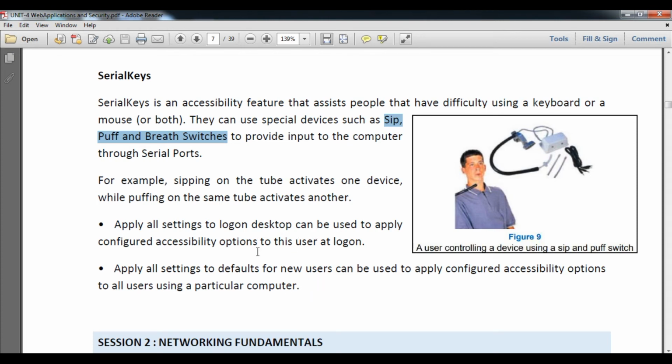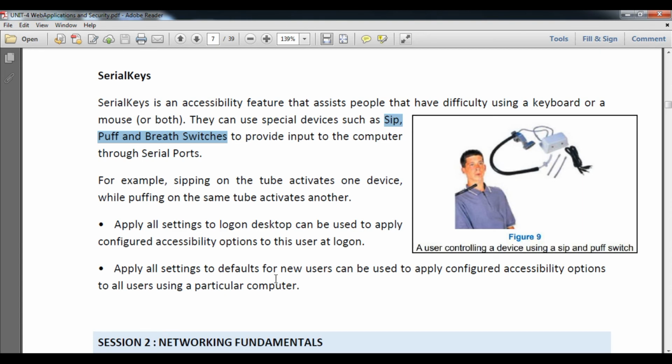So these two options say that the first applies all settings to one person working as that user. Suppose I am a guest user and I apply all settings, then the sip, puff and breath switches function will work together. And the administrator of the desktop or laptop or computer can apply all settings to the default user.